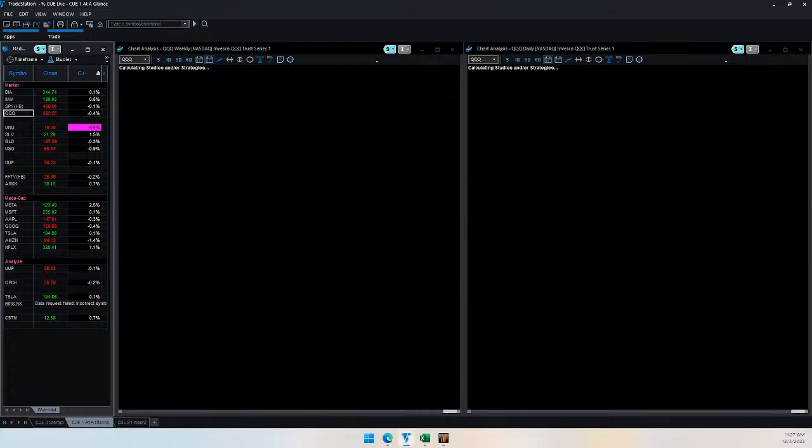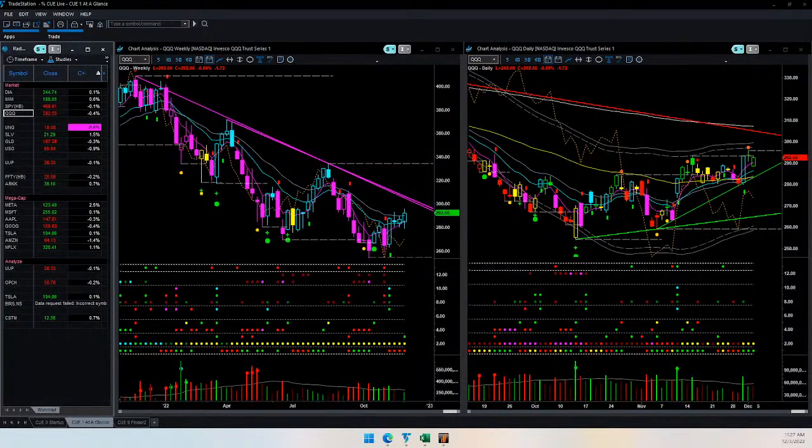What about QQQ? QQQ is also in a triangle pattern in daily. However, the trend line resistance is some distance away. Same is true for the weekly chart. Trend line resistance is some distance away. On this day, when we had a bullish flow candle, then you could consider taking a long trade in QQQ, or as I prefer, one of the constituent stocks.